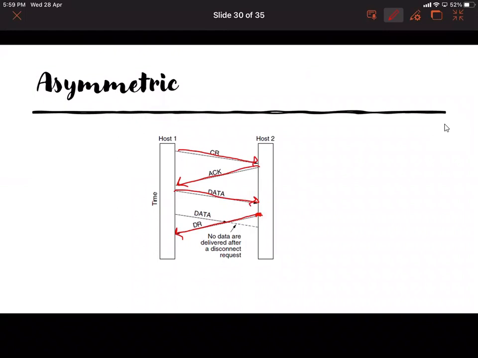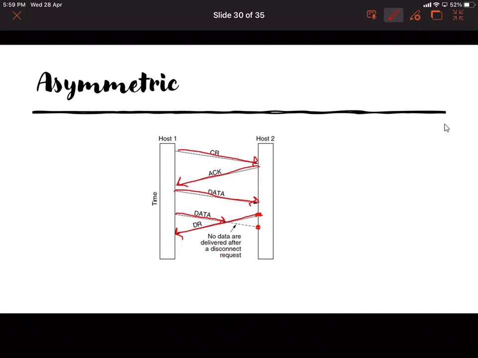But you can see here, host 1 has already sent some data. Host 2 will not receive it because it reaches host 2 at this point, but by that time host 2 has already disconnected.